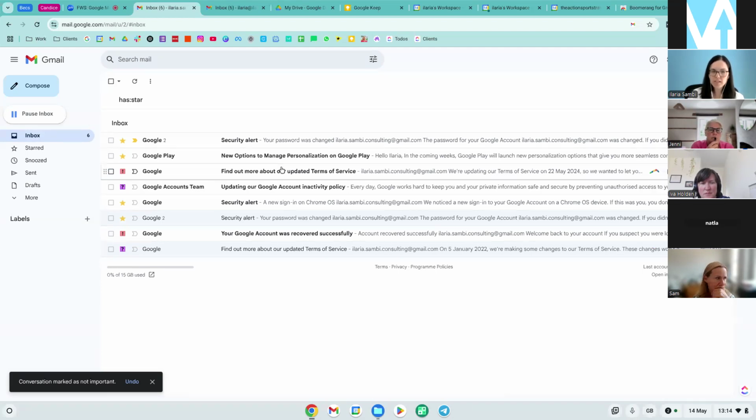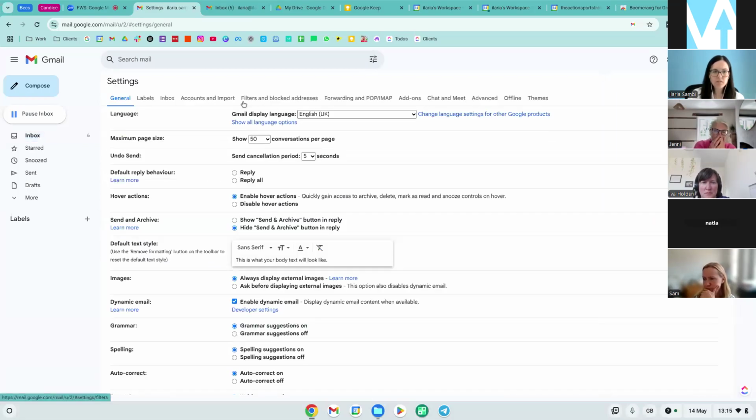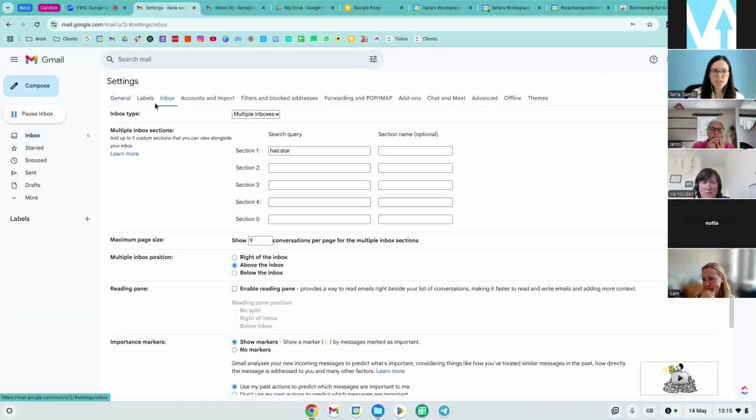But if you want to go to the next level and you want to move these emails into a different category, depending on the star or symbol that you give them, then we need to go back to the settings and then inbox. Here we show you which inbox type we are working on, and as you can see, it's the multiple inboxes, the last one that I showed you here, and then I can give you instructions.